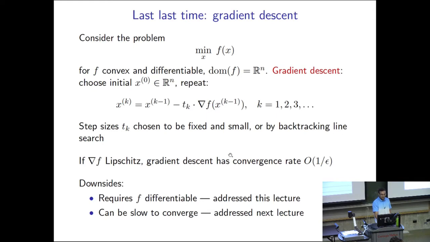Alternatively, we could use backtracking line search, which didn't require us to know anything about the function's curvature, like its Lipschitz constant, and had us just start with a big step size and basically reduce the step size until some condition was met, that condition being that we would make some fraction of as much progress as what the tangent line to our function would have made. Okay, so backtracking line search was a very useful thing to do in practice. It kind of chooses the right step sizes at every iteration, and that also gave us the same rate, 1 over epsilon. So we interpret this to mean if you want an epsilon suboptimal solution, then you need to take on the order of 1 over epsilon